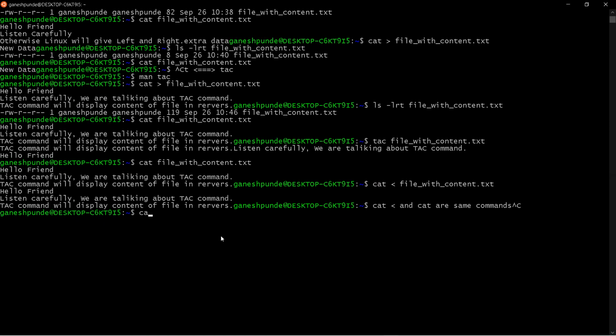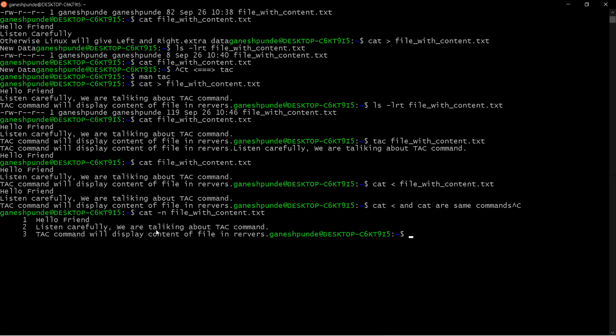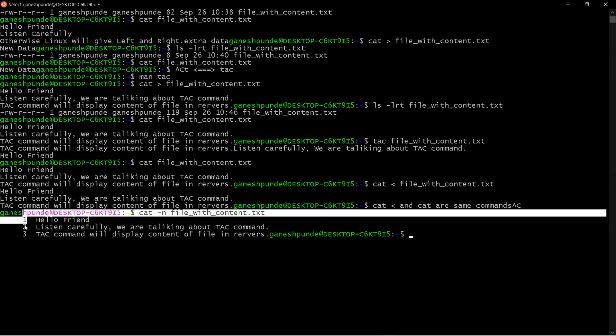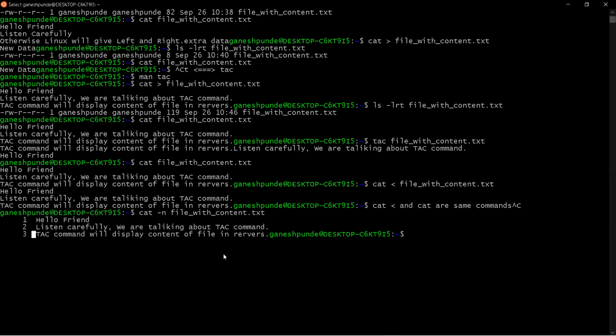If you want to see the line numbers in cat, you can say cat -n and the file. You can see line one is hello friend, second is this one, the third is this line. These are the line numbers it is adding, right? Similarly, the tac command is exactly opposite, right?